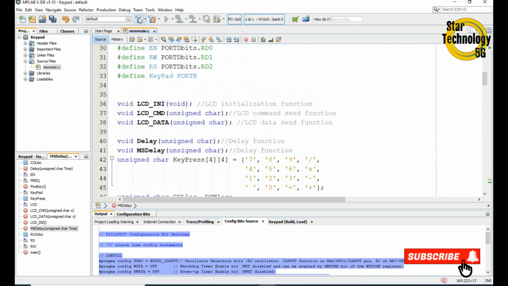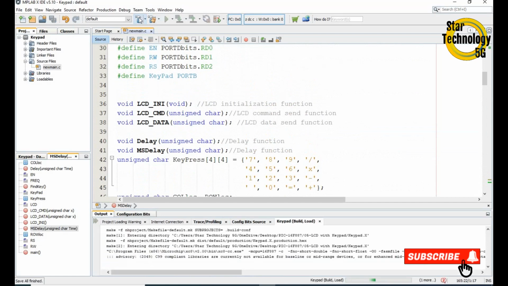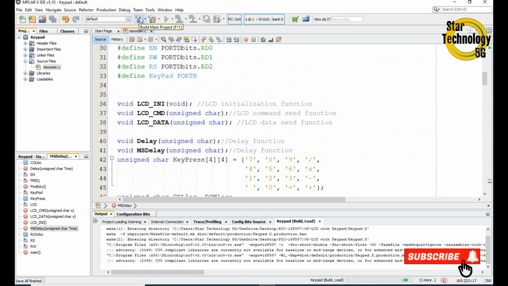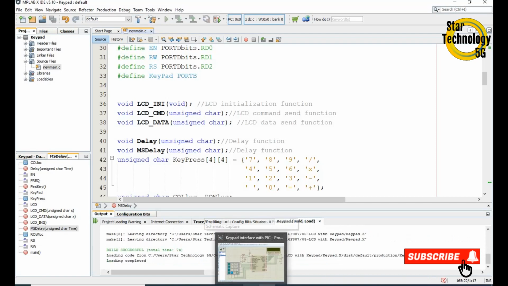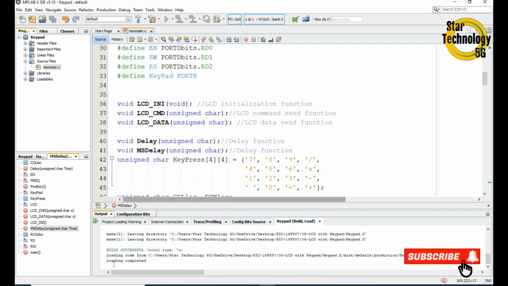Just click on the build project. You can see a file is created. Now we will load that file into our project. We will open the project.